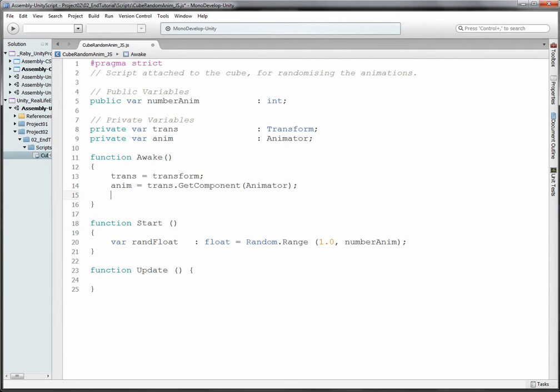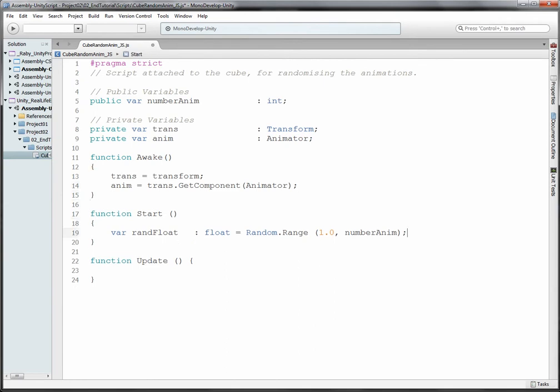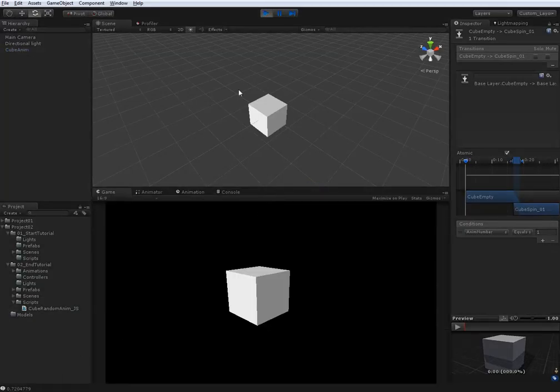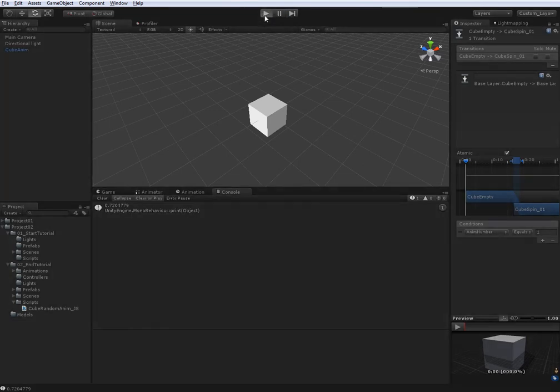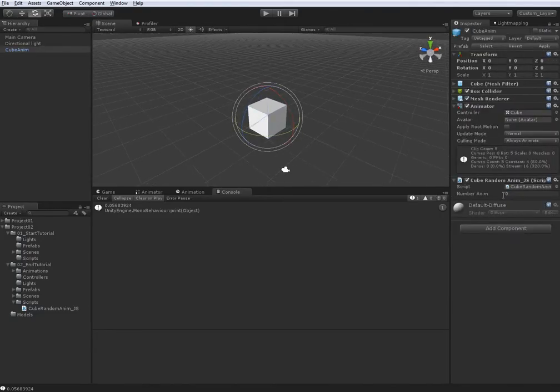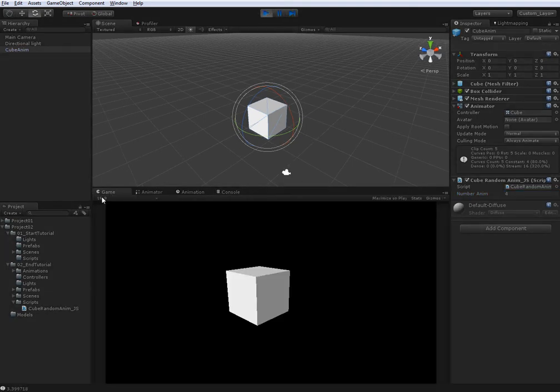actually, let's just quickly print what will be the number. So we have 0.72, okay, and 0.05. Now we should not be, because we didn't add a number here. How many animations we have? 4, so we're going to add 4 here. Apply. So this is applied in the prefab, and then if we play, 3.39,